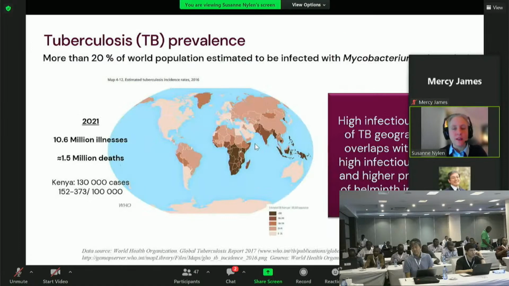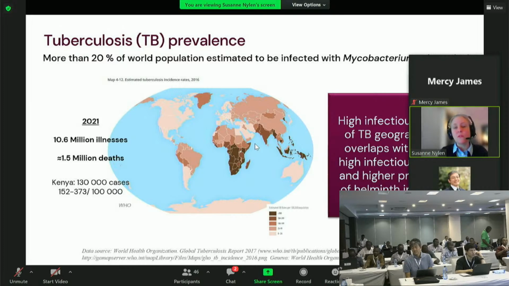I'm sure many of you have seen this slide before, looking at tuberculosis prevalence of the world. Tuberculosis is, I still think, the single organism that causes most deaths around the world, well, except for COVID now lately. In Kenya, there is quite a high prevalence of Mycobacterium tuberculosis, somewhere around 240 something per 100,000 on average. And as I said before, high burdens of tuberculosis